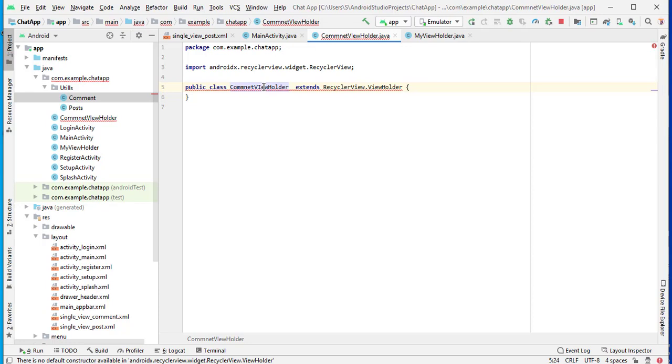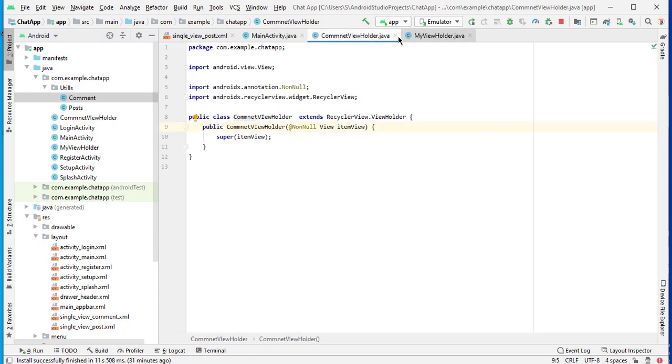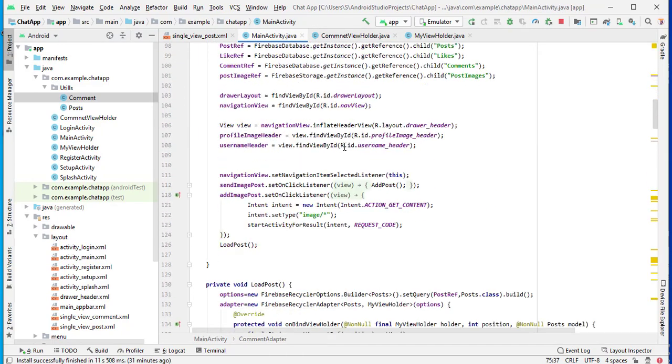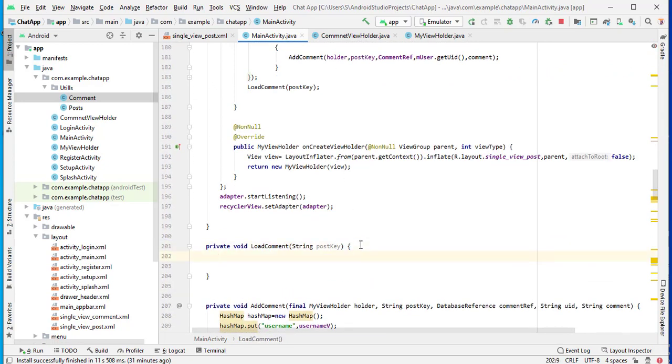Okay, now press Alt Enter to create constructor matching super. Okay, now go back to main activity, and here we will initialize all these inside our created method that we have created here. Okay, now comment